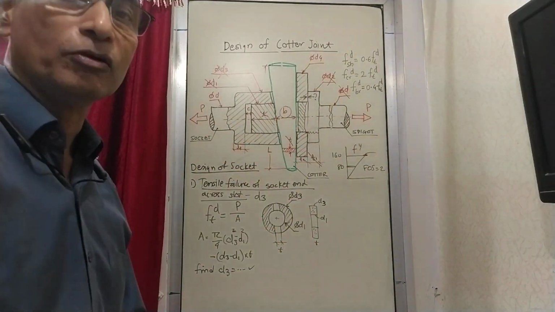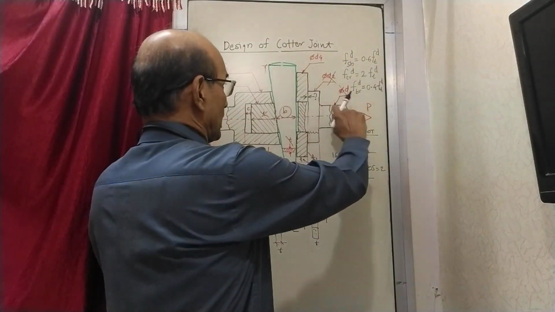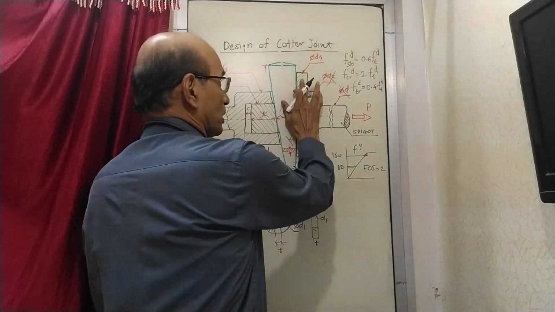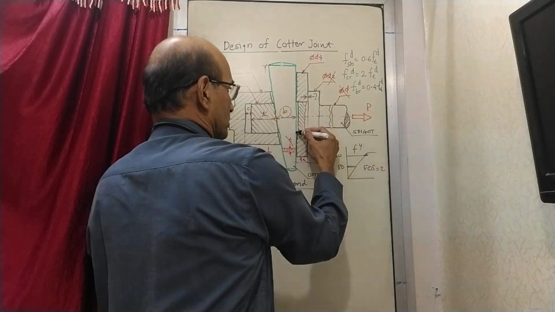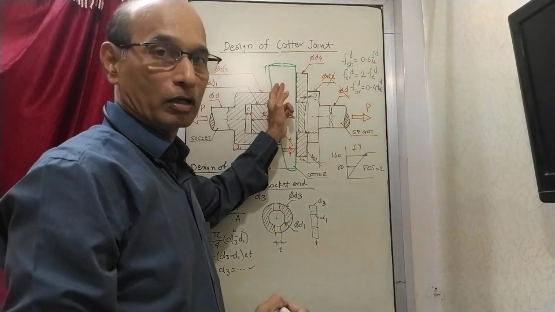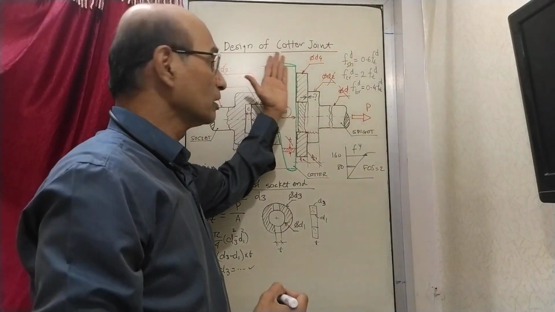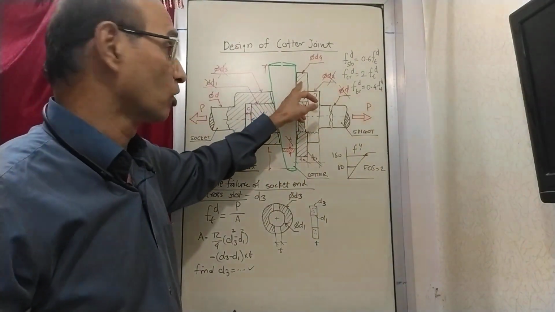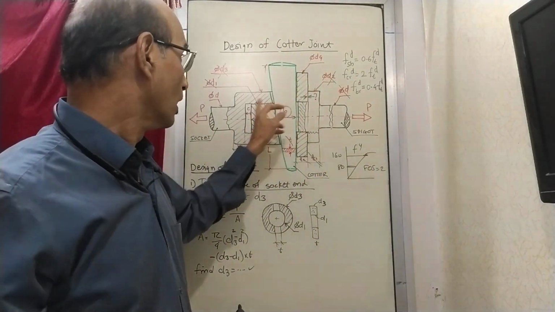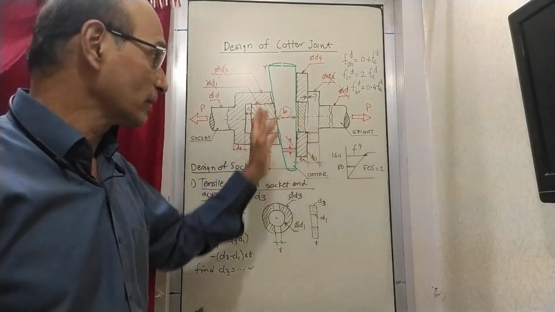Now from where else will it fail? Now you will find that as a result of this tensile action, this cotter pin is touching this surface. So at this place here, there is a contact between the cotter pin and this collar of the socket. So here there is a stress that is developed, which is a crushing stress. So the crushing failure of socket collar at the cotter, that we will take next.